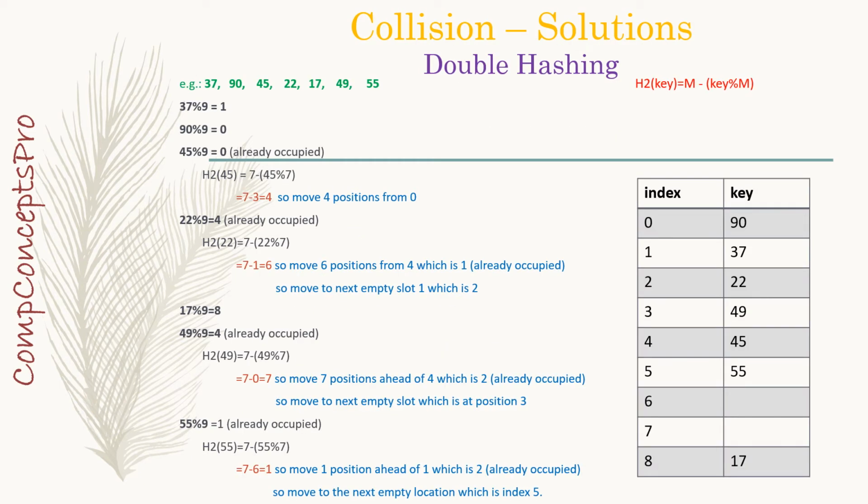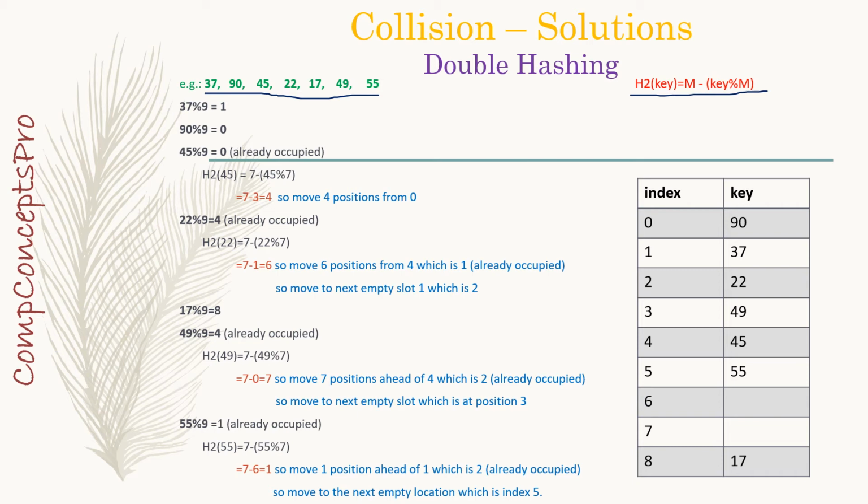Let's understand double hashing also with the help of an example. So these are the keys that we have to store in our hash table. And this is the formula which we will use in case of conflict. Our table size in this case is 9, and so our m will be 7 because it should be a prime number just less than the table size. So first we will use the division method hash function to find out the empty available slots for our keys, and in case there is a conflict then we will use this formula.